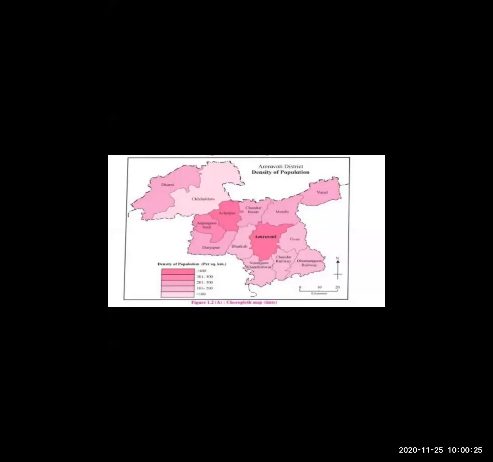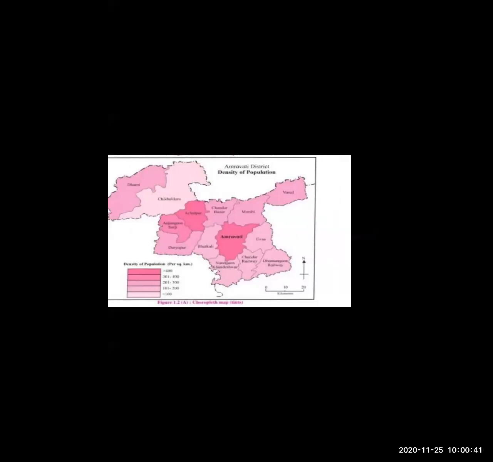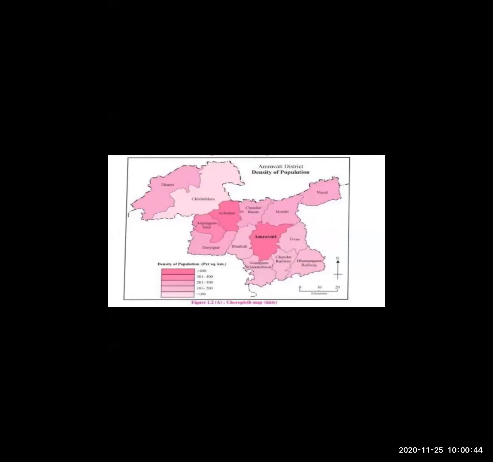Okay, now just tell me which type of map is this? Which type of method is used in this map? Okay, very good. Choropleth map method is used. Okay. It means you understand how to read the map and answer the question. Now I ask you some give-reasons, right or wrong. If the sentence is right, then also you should give me a reason, and if the sentence is wrong, then also you should give me a reason.